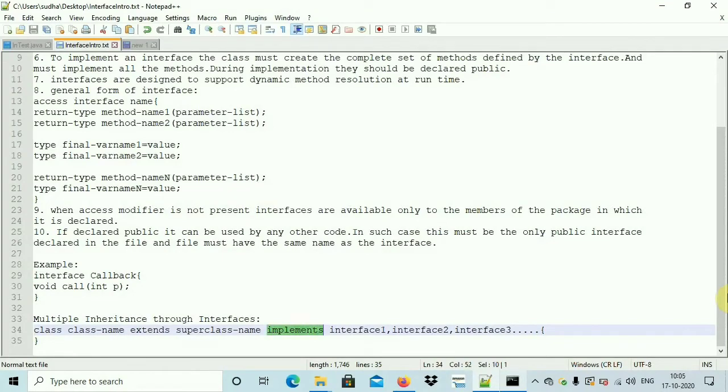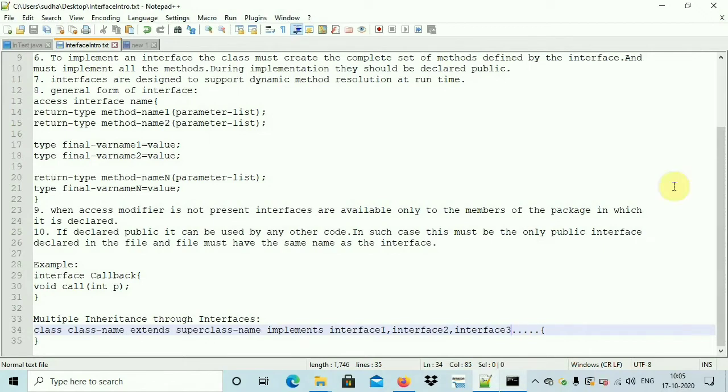So we are using the implements keyword and then followed by the interfaces. And if the class is implementing more than one interface, then the interfaces should be separated by a comma. So this is what is called multiple inheritance, friends. So a class implementing more than one interface. Okay, so it is possible. And this is what is called multiple inheritance.